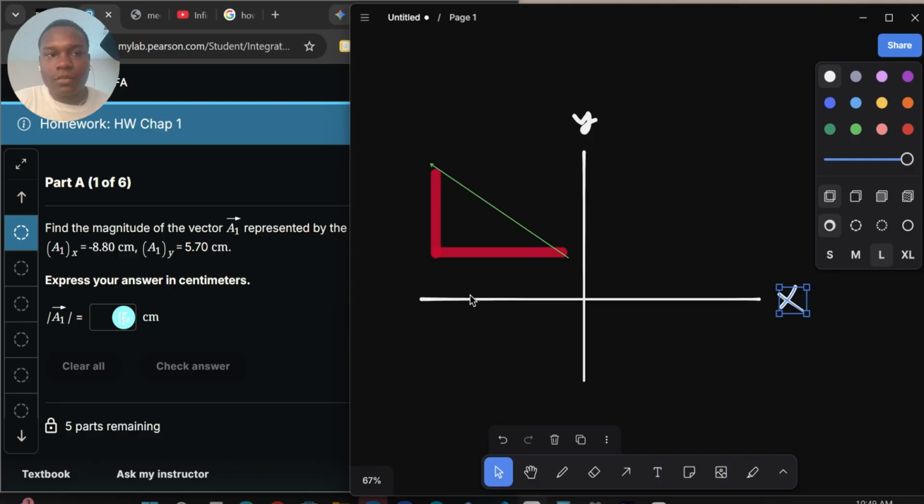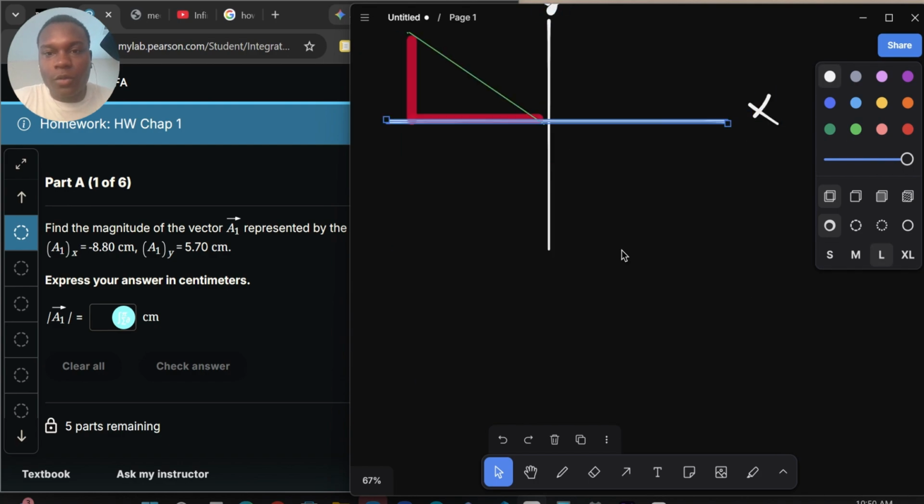What the components of a vector are is its parallel direction to the axes of the coordinate plane. So this right here would be AX, the component X of vector A1 here. This would be component Y of vector A1. The parallel direction for the axis, which is like rise or run. Now, if we go back,